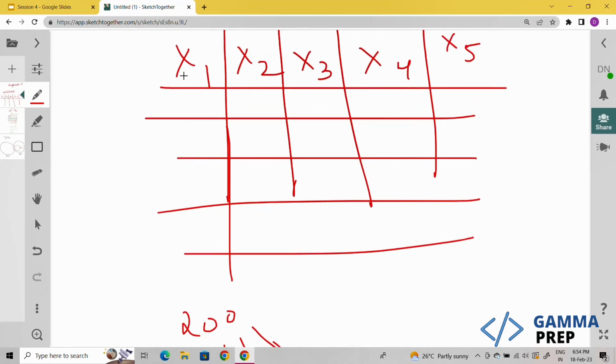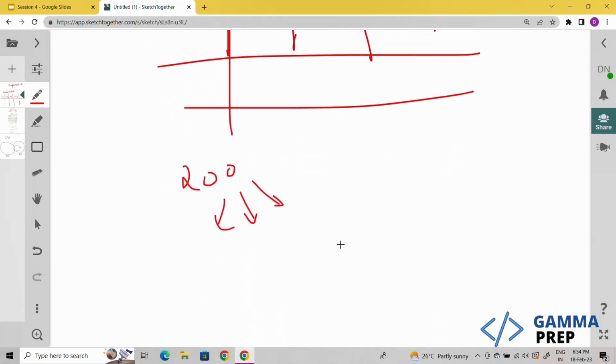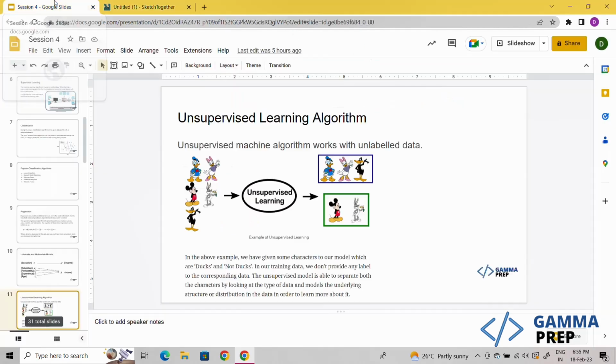So based on all these attributes, we are trying to figure out similar people and put them in one batch, and we are making 3 batches in total. You can make 4 batches also, 5 batches also, it's totally up to you. So this is an example of unsupervised learning where you don't have a y, you don't have a target that you want to predict. You're just trying to group some things, or you're trying to perform some tasks, but it does not involve any prediction. So that's what unsupervised learning is. So, working with unlabeled data.